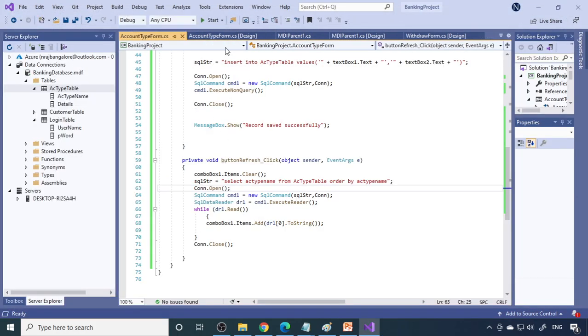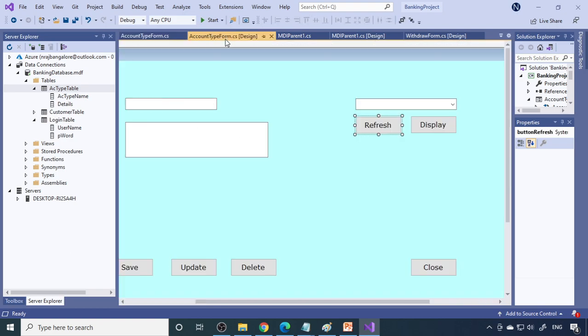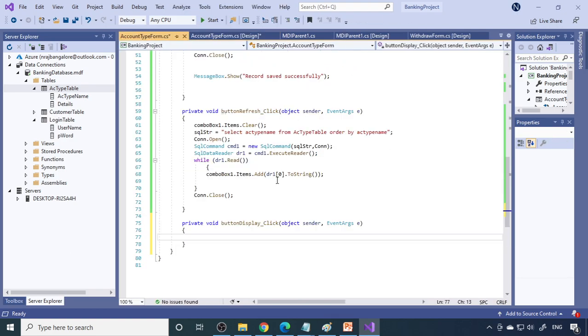So what we do is, okay, display button. So you need to write the SQL statement again here. Select star. Instead of account name, you have to write star here.